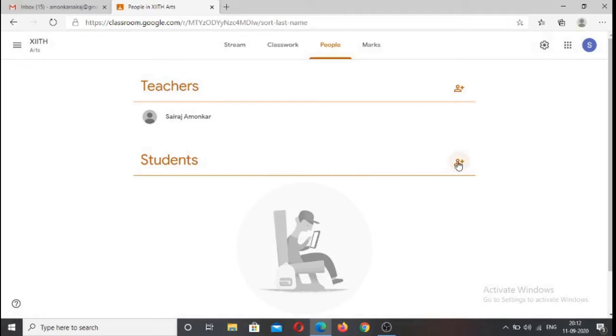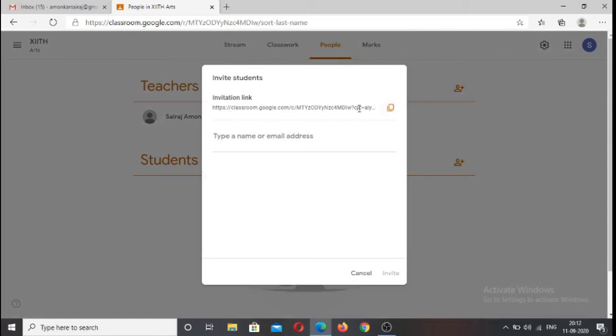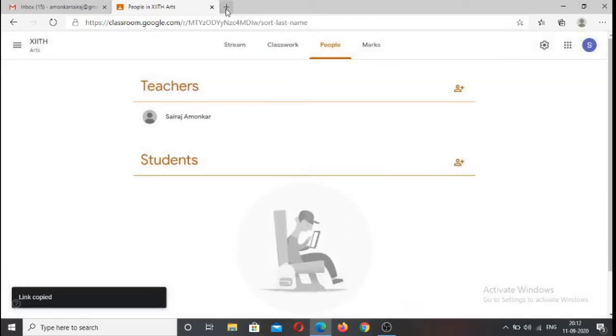Again we have to click on this plus sign here in the student section, and we can select this content, that is the invitation link, or we have this option called copy invitation link, and paste it in the group where the students can click and join. So we will just click this and share it in the group wherein the students can click on this link and join this particular class. So I will just copy this and I will try to paste it in the group.